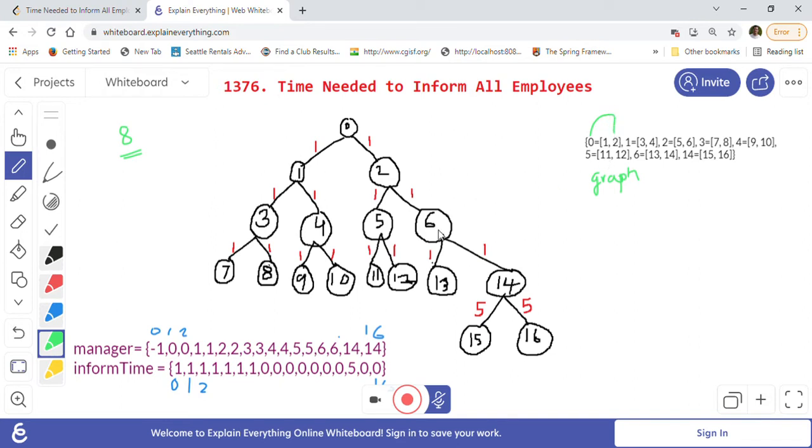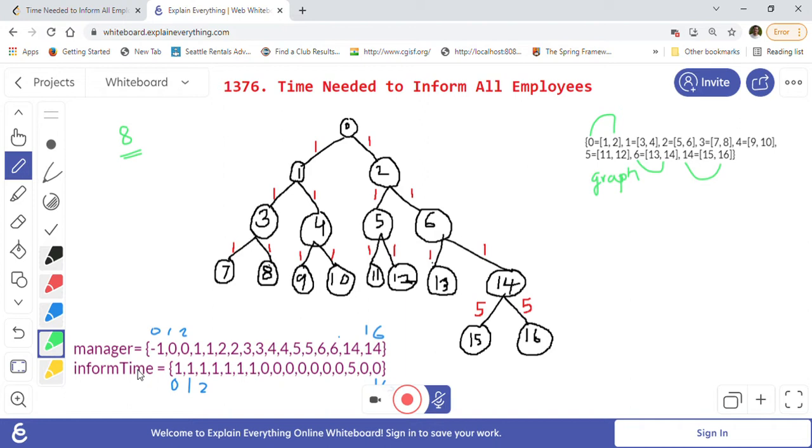Similarly, 6 has subordinates 13 and 14, and 14 has subordinates 15 and 16. So first we will create a graph using a hash map by using the manager and inform time input arrays that are given to us.